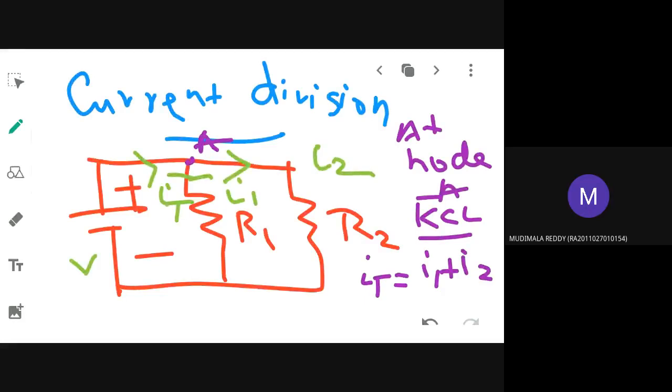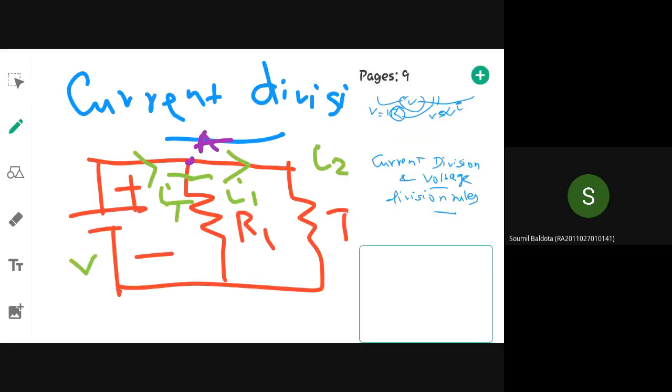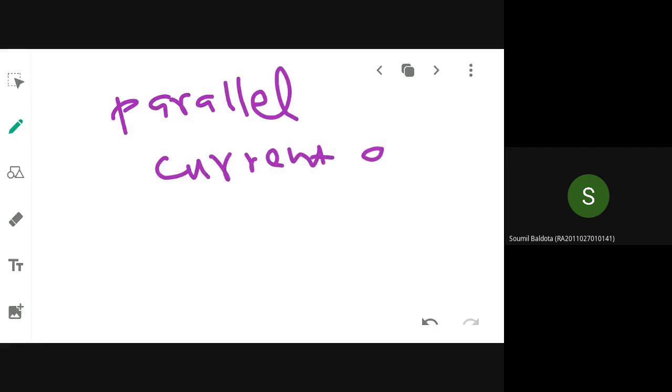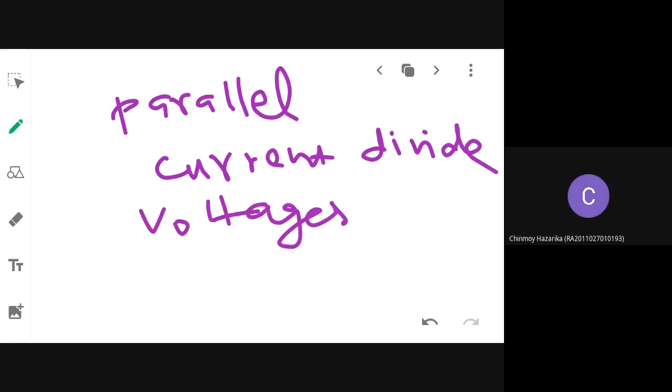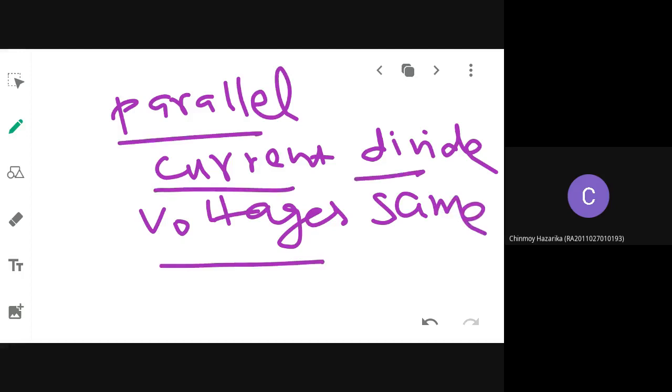Now, is this a parallel combination of resistors or a series combination? Parallel. You must have studied this in your lower class. Whenever it comes to a parallel combination, will voltage be the same or current be the same? Voltage will be the same. In a parallel circuit the current will get divided as shown, but voltages will be the same. This is a characteristic property of parallelly joined circuits.